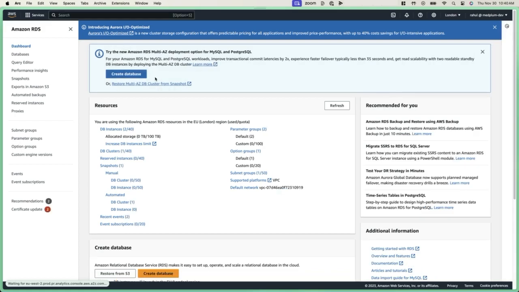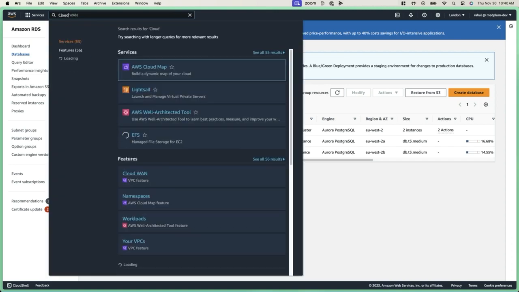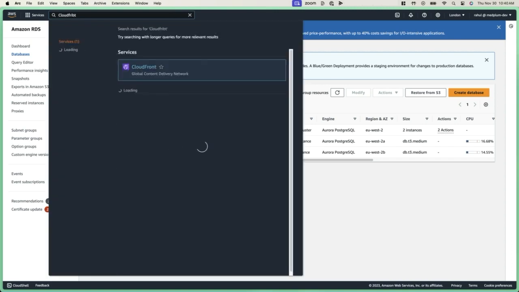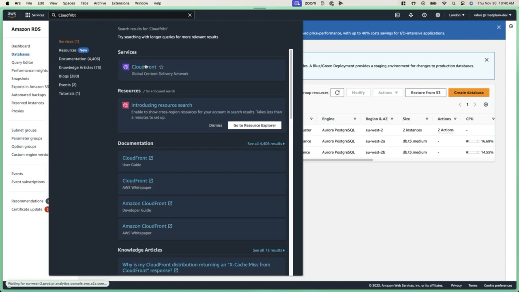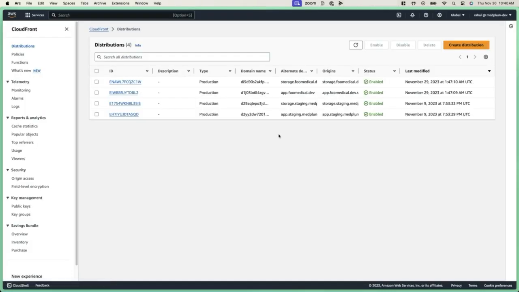So we'll click here, go to our database instances, and we can see that we have 2 instances of RDS right here, one reader and one writer instance, all under the Medplum tutorial cluster. Next, we'll go to CloudFront, which is the Amazon Content Delivery Network. And what we can see is we have 2 entries here under foomedical.dev, our current domain,